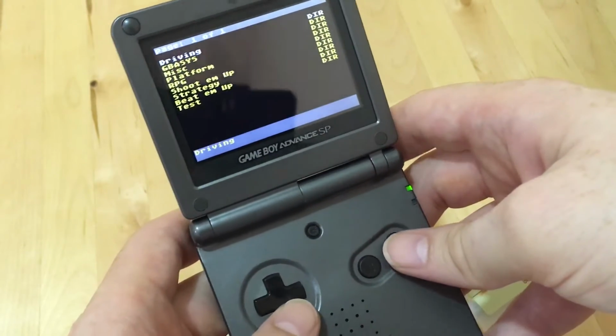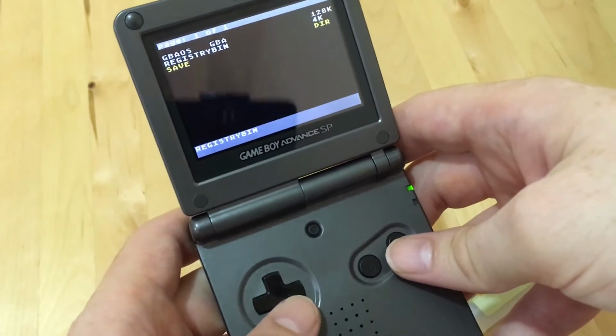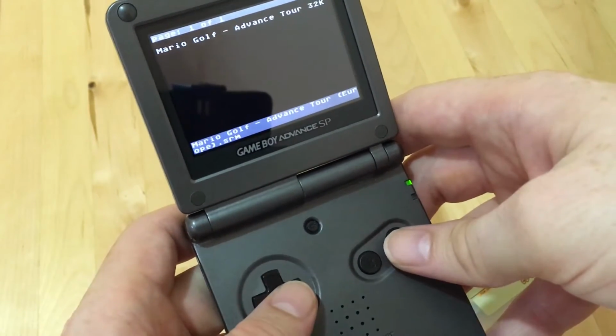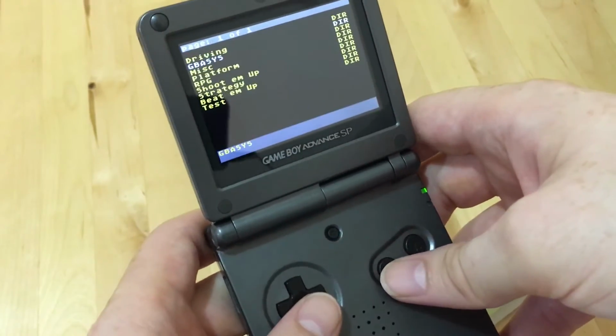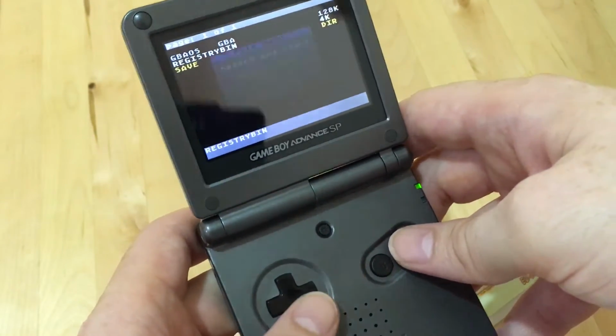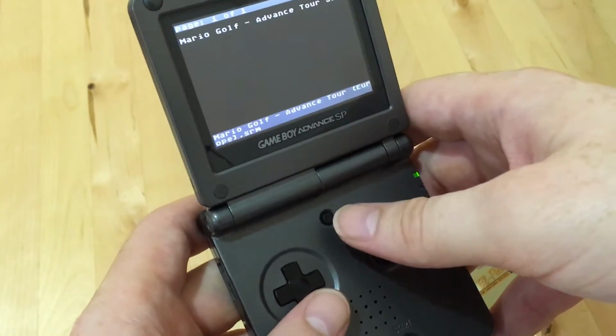So yeah, it boots up pretty quick. And if I go to GBA sys and save folder, okay, so it hasn't written a file there, so I didn't get the opportunity to save that, but that's where they would go. As you can see in there, I've got Mario Golf that I played earlier, so it's created the